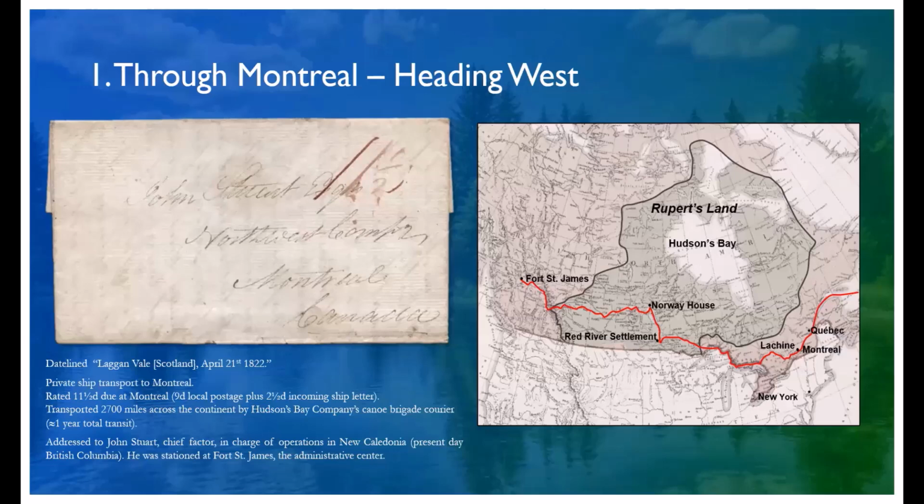The map basically shows the route that this cover on the left took. It was datelined in Scotland in 1822. It was transported on a private ship, probably a Hudson's Bay Company ship, to Montreal. Rated 11.5 pence due at Montreal. And then it was transported across the continent to Fort St. James, which is basically at the Continental Divide,